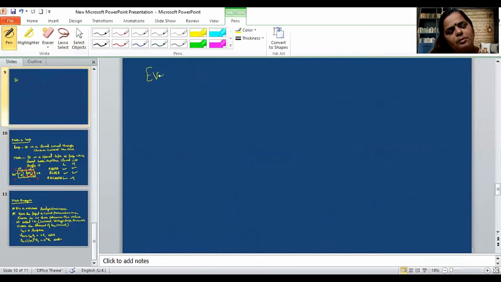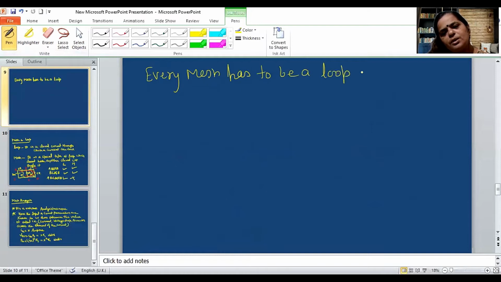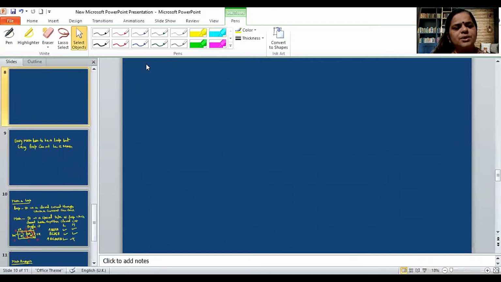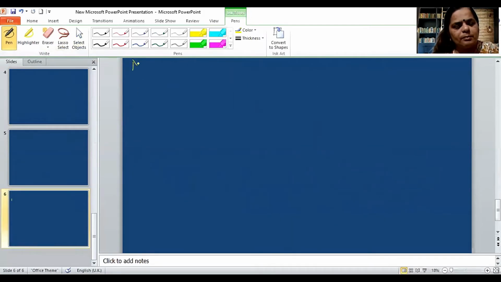Every mesh has to be a loop, but every loop cannot be a mesh. So I think now it is clear what the difference between loop and mesh is. Now let us try to understand mesh